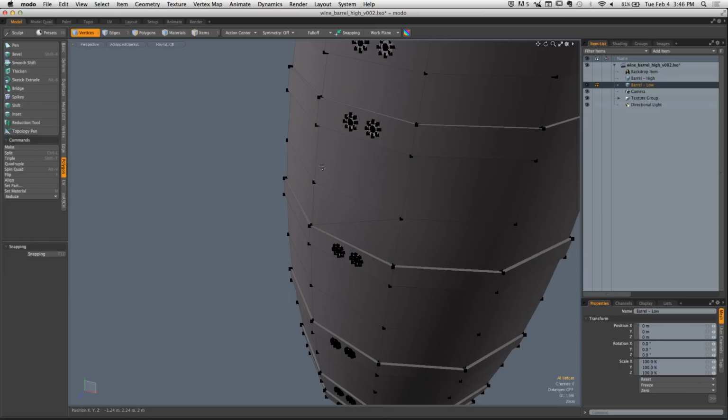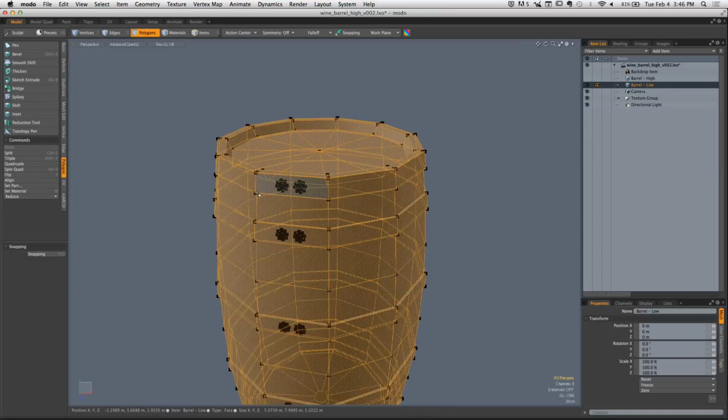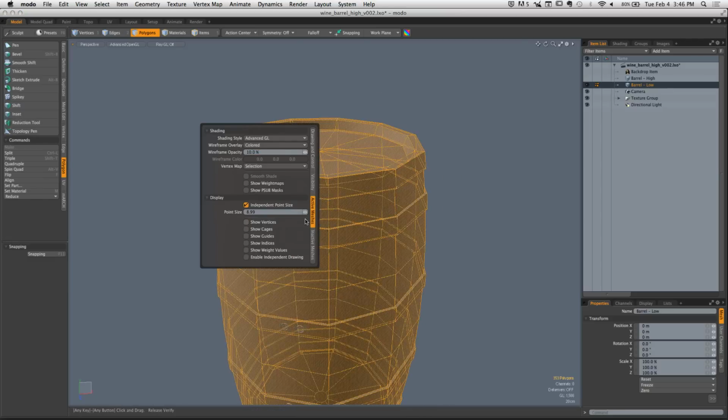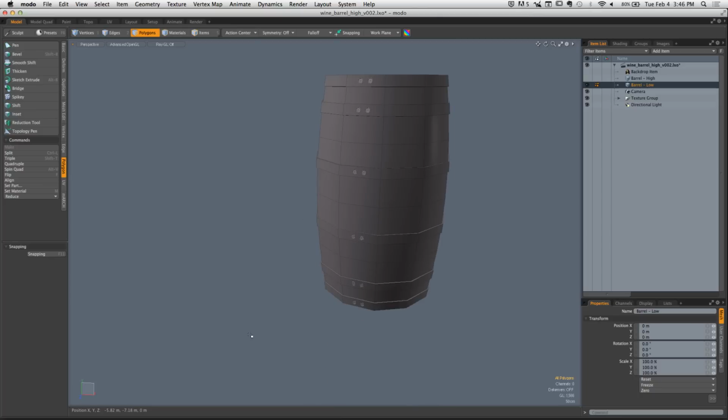Let me go back in time here a little bit, get rid of that triangle. And I'm going to leave that as is. Okay, so I want to spend some time today just talking about how I'm going to make the UV map for this model. You guys can make this model. This is not a complex model. This is a relatively easy model. You can make almost the entirety of this model with